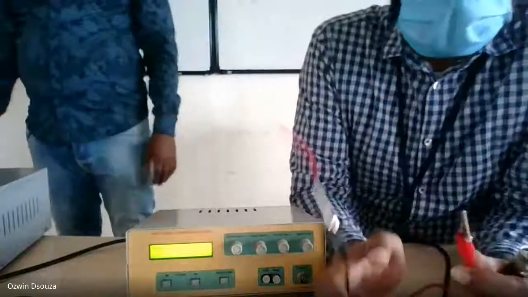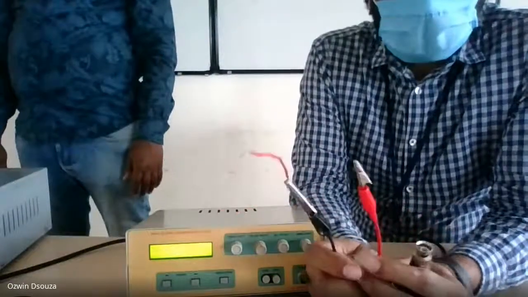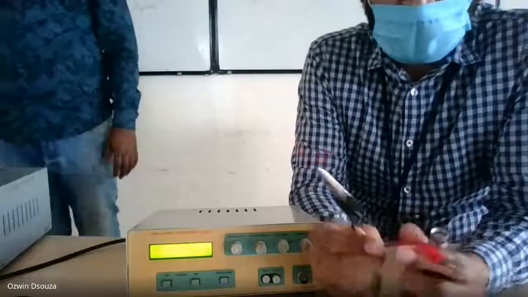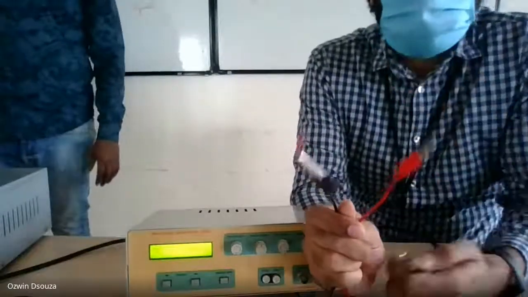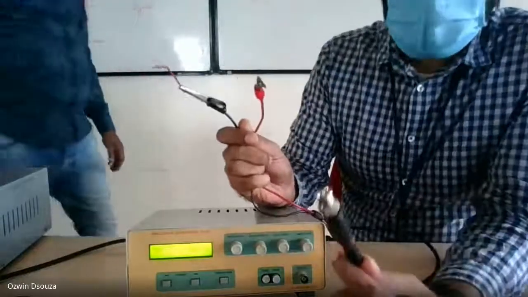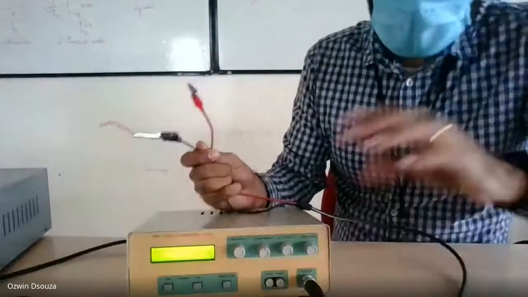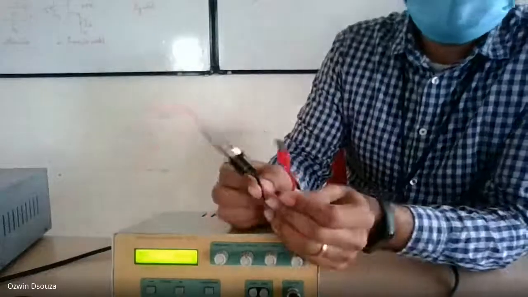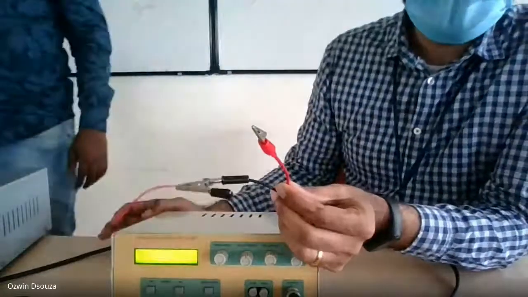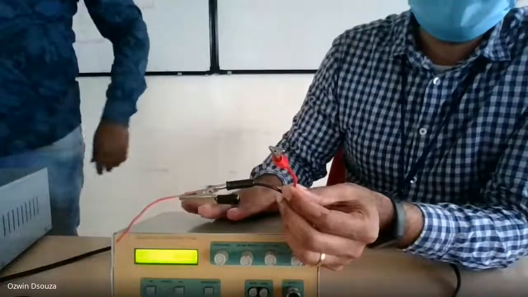Okay, source is there, but how are you going to connect? So the AC source is connected to the circuit using the terminals called the crocodile terminal. Using these two crocodile terminals, you'll be able to connect your AC source. This is called the probe, and this probe is connected here. The moment you connect the probe to this socket, you will be able to feed the AC signal to the external circuit. This is how we connect the AC source to the external circuit.